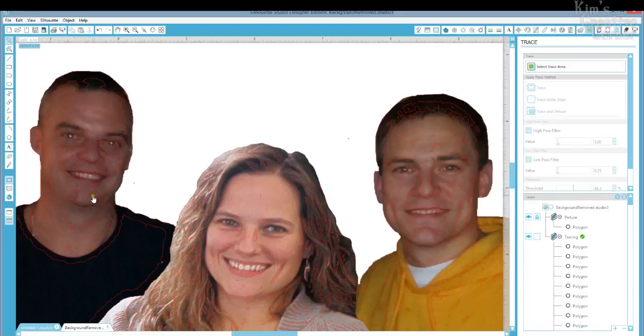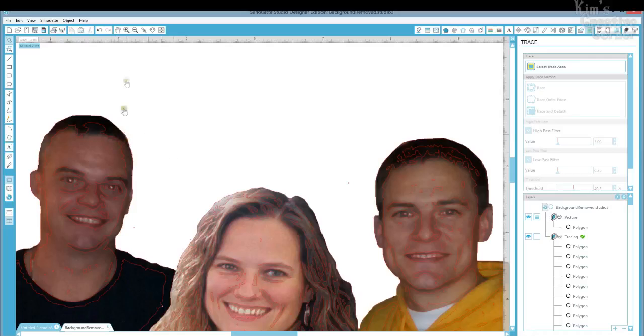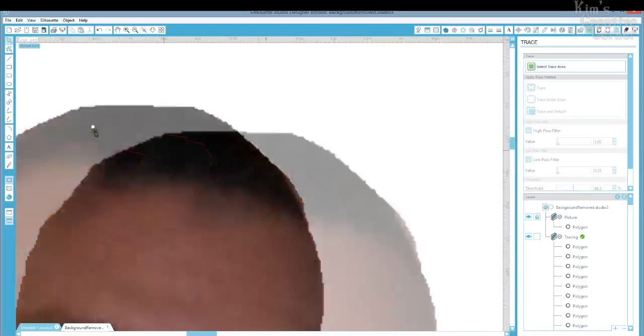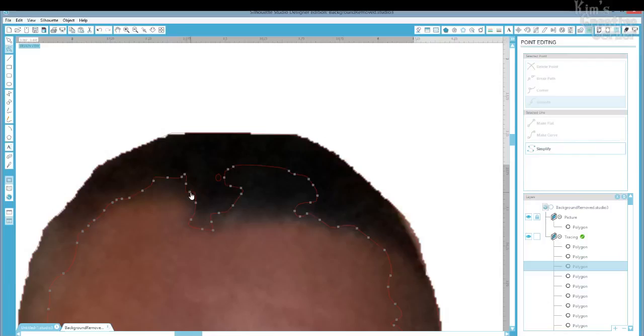And you literally are doing a trial and error on this. Now let's say we have all the nodes cleaned out that we don't want to do. Now what I would need to do is I need to edit these around his hair. So I'm actually going to blow it up to his hair here, and I'm going to double click on the nodes for this. And what I'm going to do is start moving them around so that you can see,